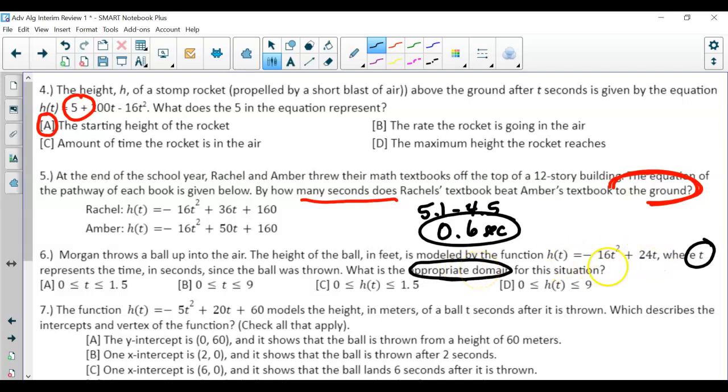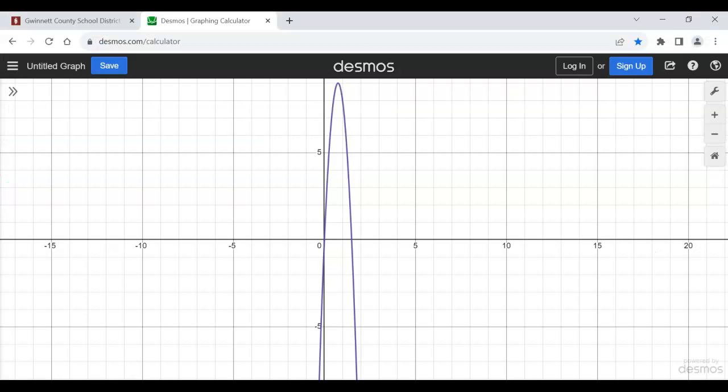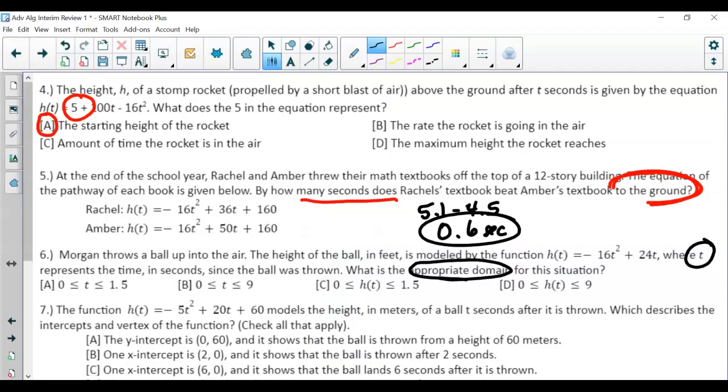So again, graphing in Desmos. So now notice here's our graph. So we are going from 0 actually, which is nice, to 1.5. So 0 to 1.5. That is the x's. So that is the domain of this situation, the appropriate domain. So we can cross off B and D, because now we have to decide, is it A or